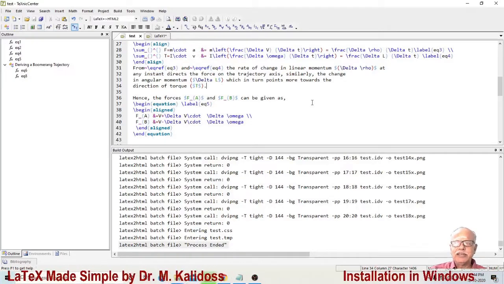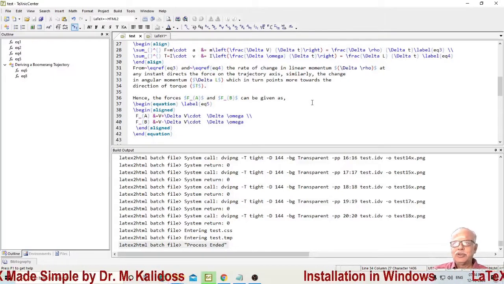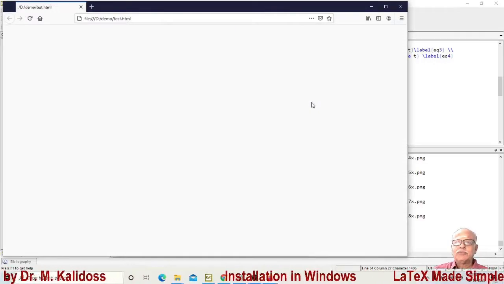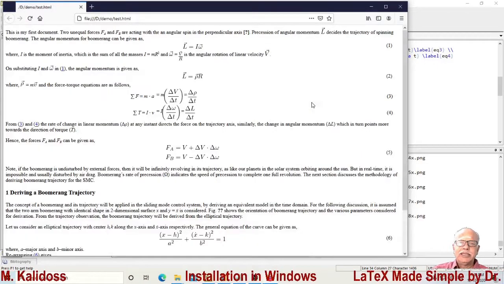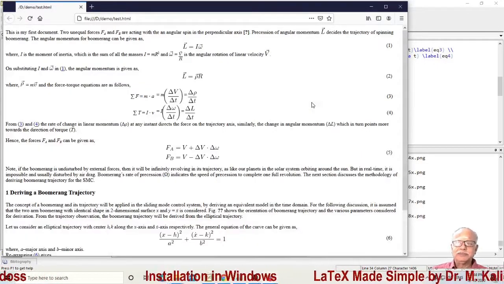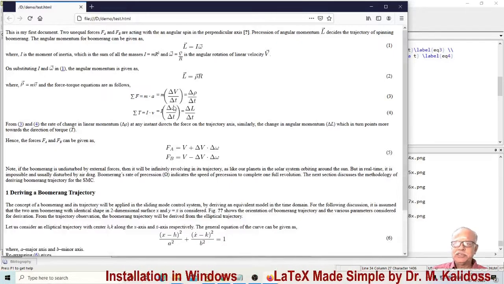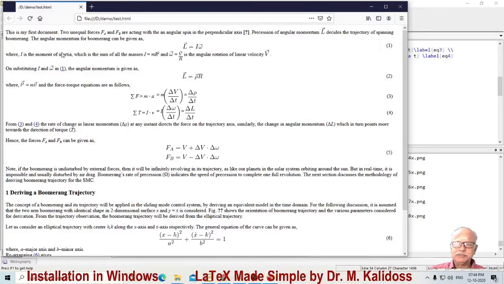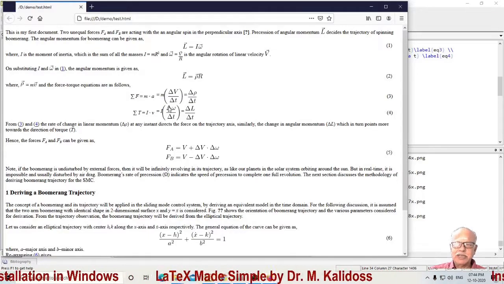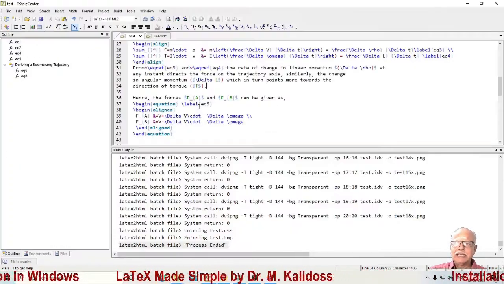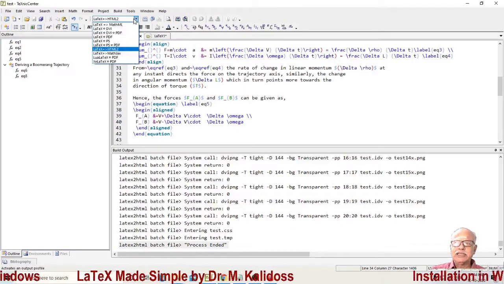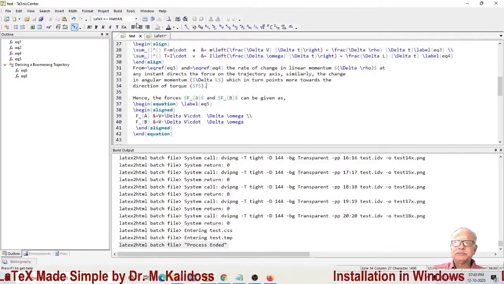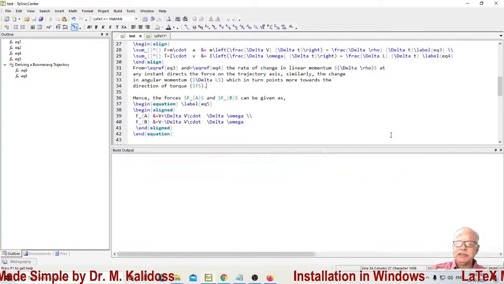This is an HTML file, therefore it is opened in Firefox. Notice equation 3. Alignment is not proper. Remember this. Now you select latex to MathML. Again F7.